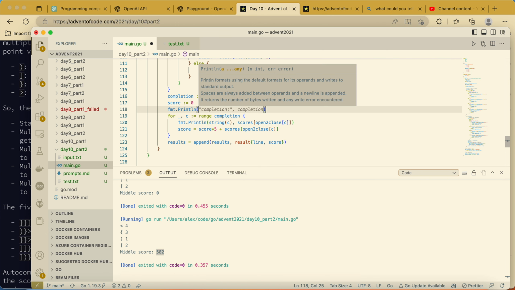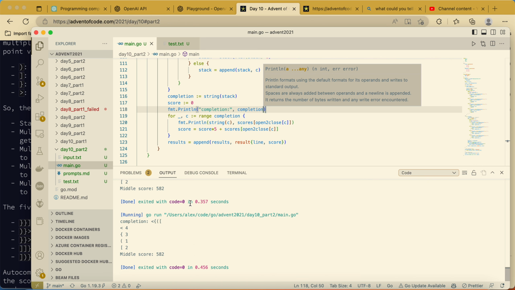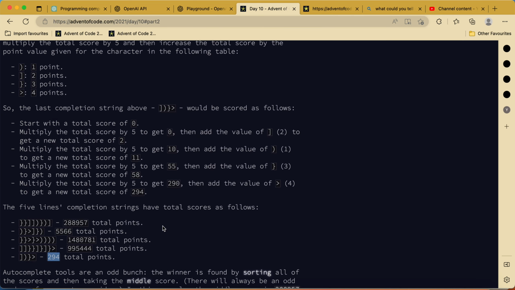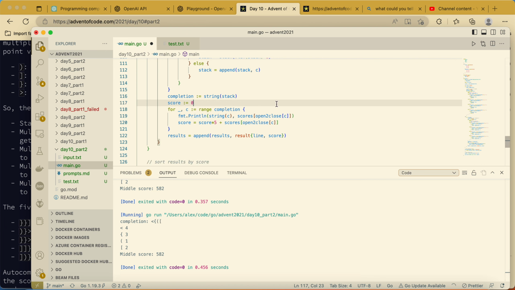Yeah, I have this one like that, and I will start closing from this one and so on. I need to have this reversed, or let me do it like that, and